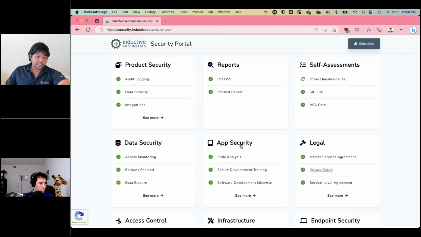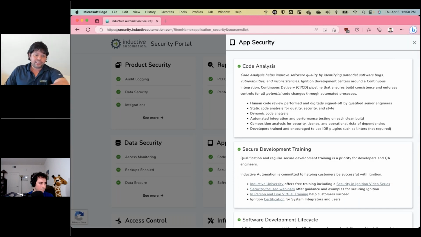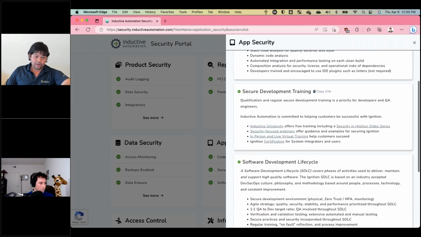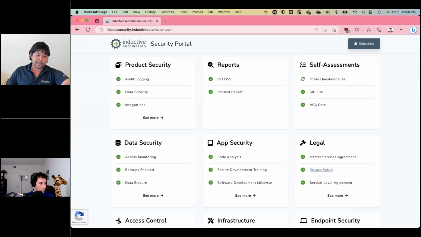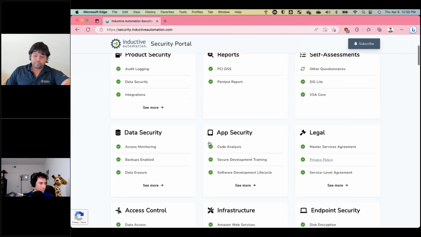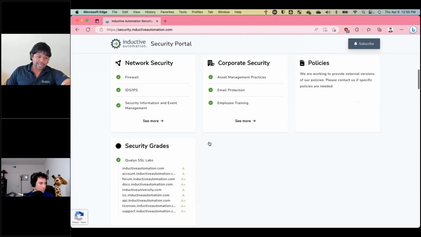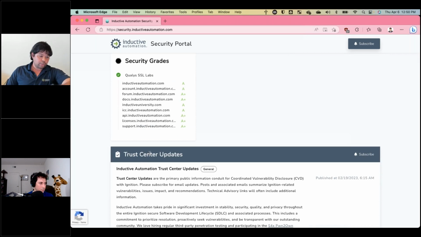And then if you go into the other ones like app security, so this has more to do with our software development lifecycle itself. So, the fact that we automate our static code analysis and the way that we do training, and there's a lot of different things that go into there. And awesome. Yeah, I guess last thing is if you scroll down to the bottom here on Trust Center updates,